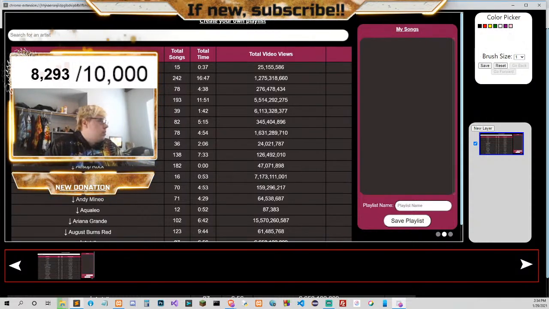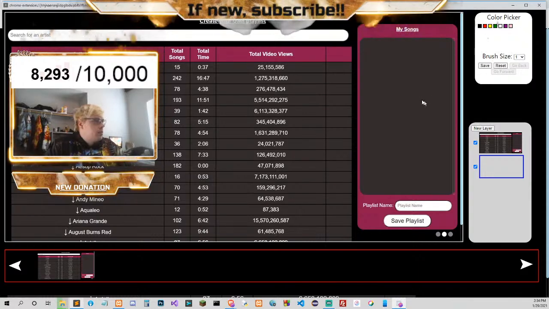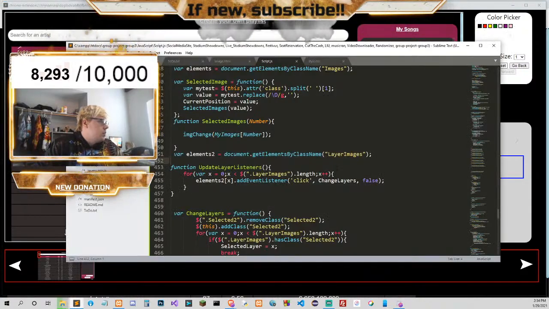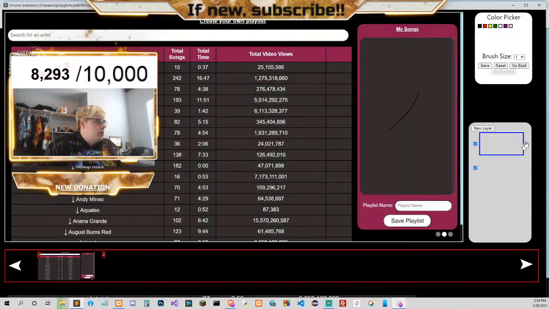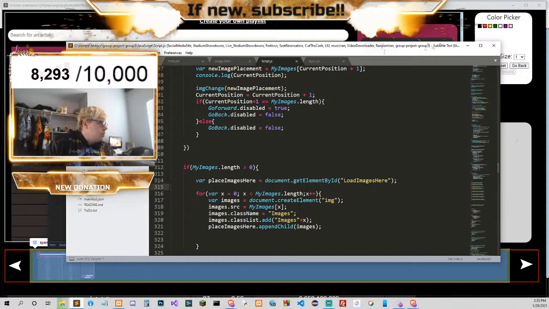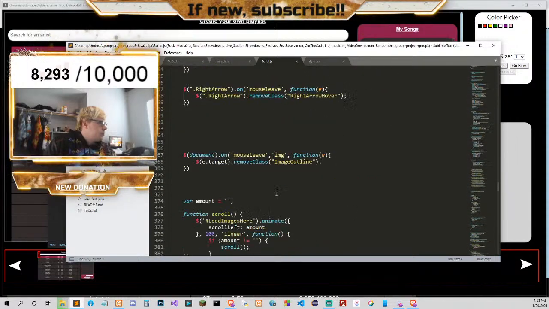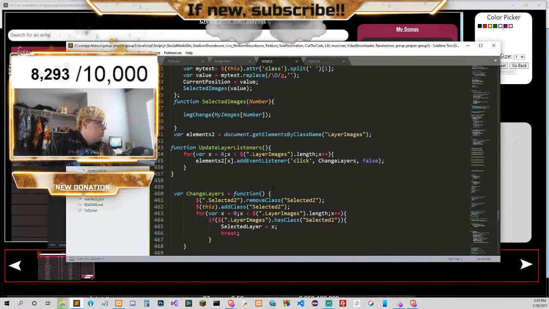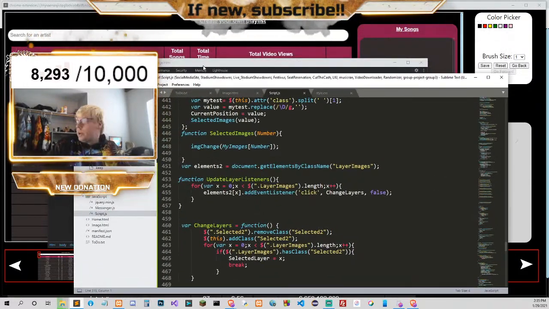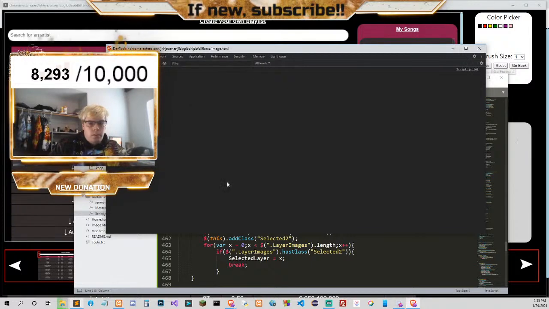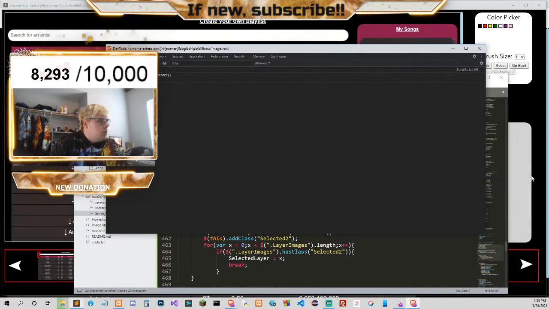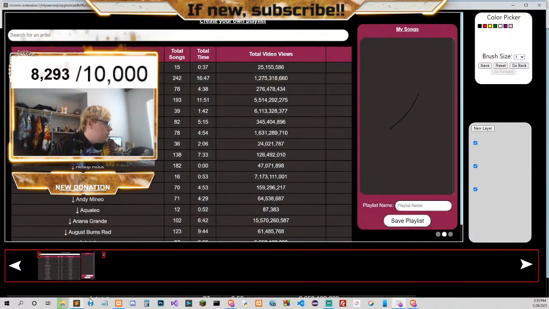Okay, so when I hit new layer, it does that. If I draw, it does that. When I draw, it shouldn't replace the first layer, but let me see. Look, I click on this. Did I do layer images, dot layer images? So let me do this. So when I do this, I do update layer listeners. If I run this, undefined, that means this doesn't get clicked on.